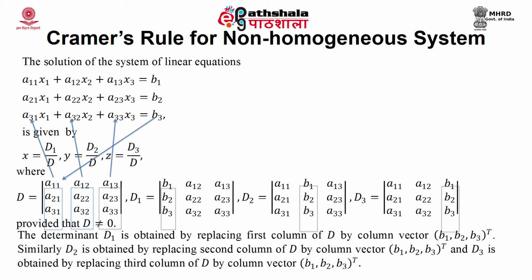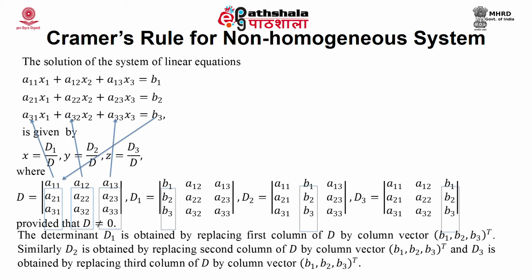x will be obtained by D1 by D. Here x is actually x1, y is x2 and z is x3, where D is the determinant of the coefficient matrix, that is, the coefficients of variables. D1 is the matrix obtained from D by replacing the first column by the right hand side of the system of equations. Similarly, so in D,